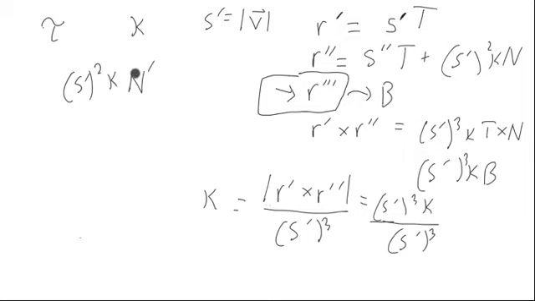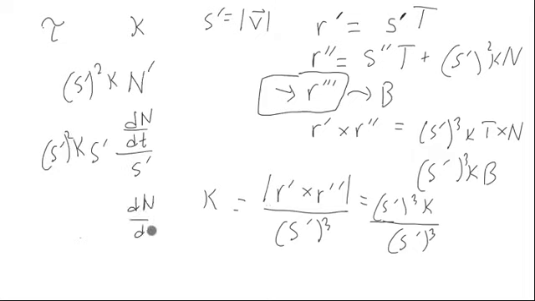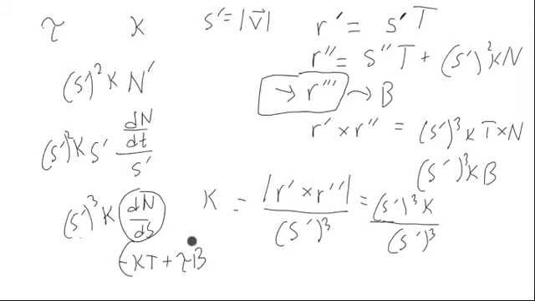In fact, if we rewrite this as dn dt, and let's just freely divide by s prime and multiply by s prime, and so kappa s prime squared. Now the reason why we do that is because s prime is the absolute value of v, this actually turns into dn ds. And then we have kappa, and we have s prime cubed. This allows us to use one of our Frenet-Serret formulas, dn ds. We can rewrite this as negative kappa t plus tau b. Now we take that,